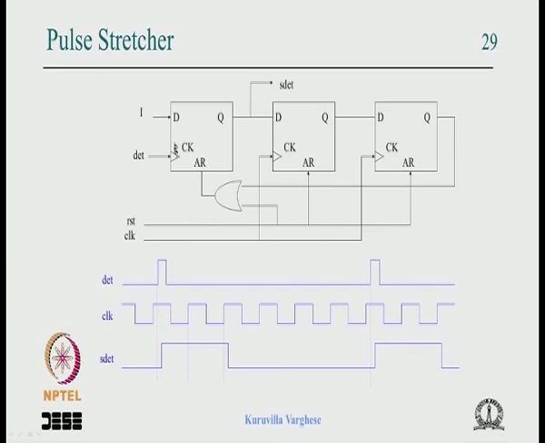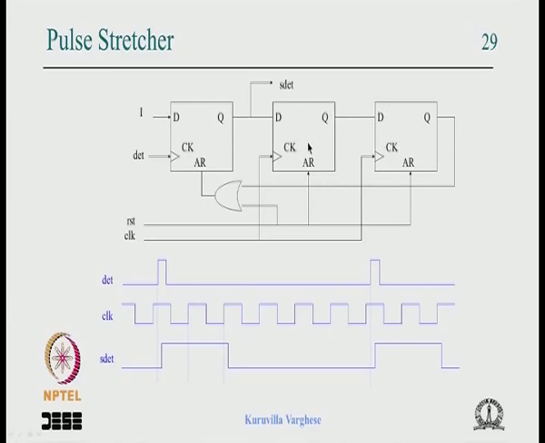So here it goes high, and on the next clock edge that is shifted here, and on the next clock edge it is shifted here, that is what is shown here. The output goes high, in the first clock edge it comes here, in the second clock edge it comes here. The moment it comes here it goes back and resets this and this goes low. So this pulse is stretched by 1 clock period, because it looks as if it is 2 clock periods,